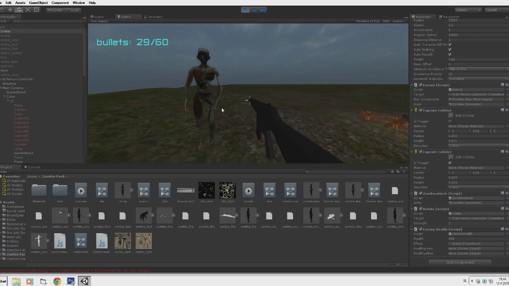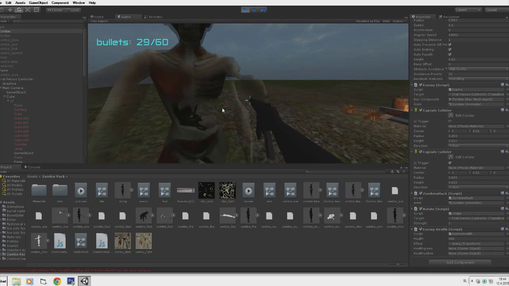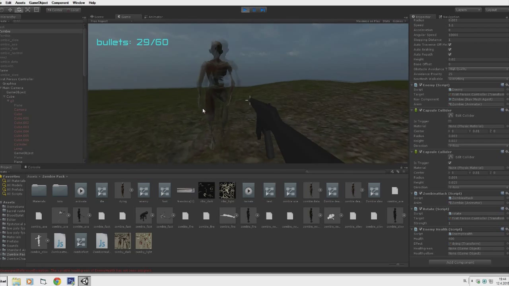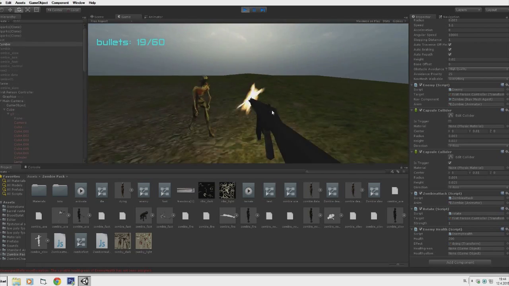And yes, of course, if I walk out of the collider, he won't attack me. He won't play the